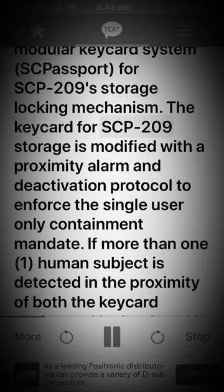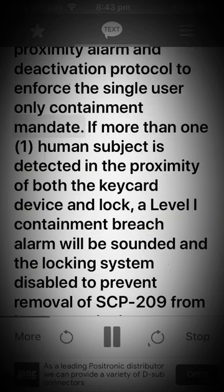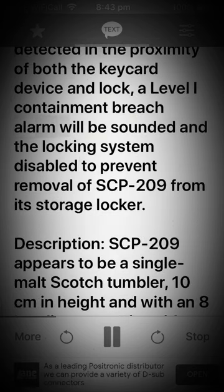The keycard for SCP-209 storage is modified with a proximity alarm and deactivation protocol to enforce the single-user-only containment mandate. If more than one human subject is detected in the proximity of both the keycard device and lock, a Level I containment breach alarm will be sounded and the locking system disabled to prevent removal of SCP-209 from its storage locker. Description: